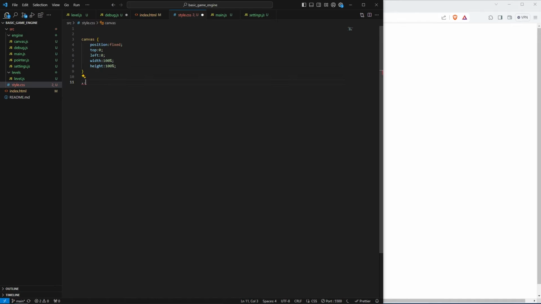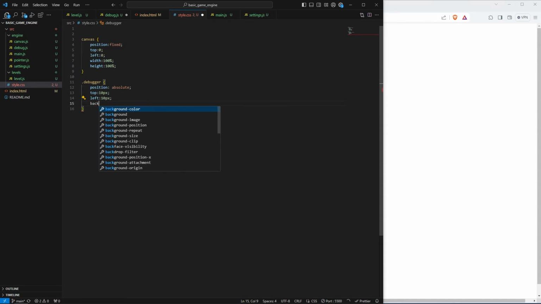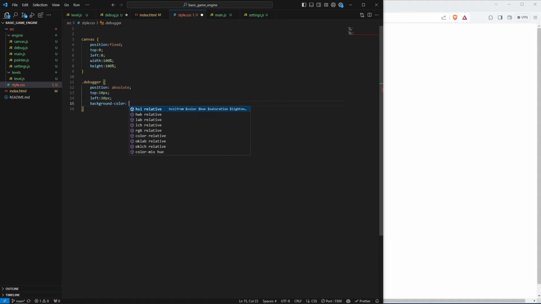Inside of here, let's say that our debugger is, oh my gosh, it keeps typing things I don't want it to, going to be a position absolute. There are reasons we did the other one at fixed, but for right now, we'll do this as absolute. We'll do it at top 10 pixels, left 10 pixels. We'll do this as background color. We kind of want to be able to see through this, so we're going to do this as FFFFFF, and then we're going to put this at like